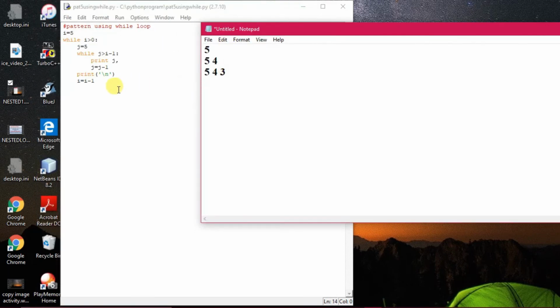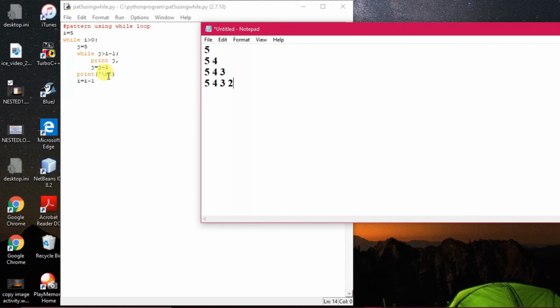Okay, now next what is happening? From 3 minus 1 it is 2. 2 is greater than 0. Yes, then 5. Then what is happening here? j is starting from 5, then 2 minus 1 is 1. So in that case, how many values? 5 will definitely be printed, because 5 is greater than 2. Then 4 will definitely be printed. j is decreasing, you watch it. 5 4, then 3 also, then 2. Okay, 2 is greater than 1. Then finally what is happening? 2 is becoming 1. So 1 cannot be greater than 1, so the inner loop terminates.